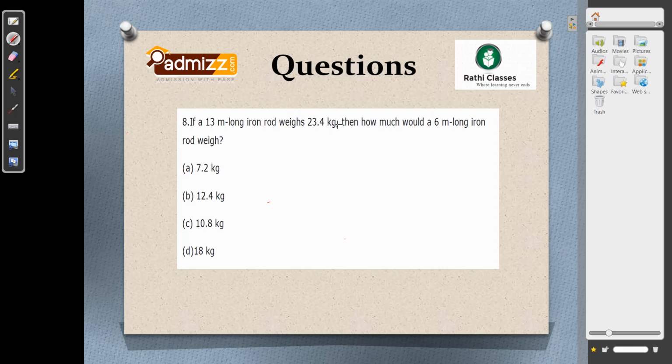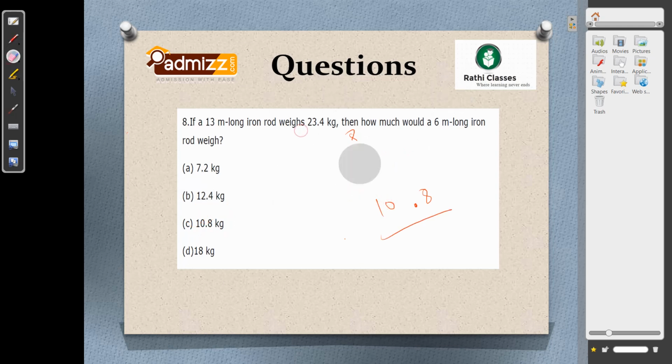So the answer should be a multiple of 6. As you can see, 23.4, is this a multiple of 13? 13 ones are 13, it is 10.4. Yes, 13 8s are 104. So 1.8 into 6 is nothing but 10.8 kg. As 23.4 by 13 into 6, the value is 1.8. 6 8s are 48, the ending should be 8. So 6 into 1.8 is 10.8. The answer is in decimal, the option is C.